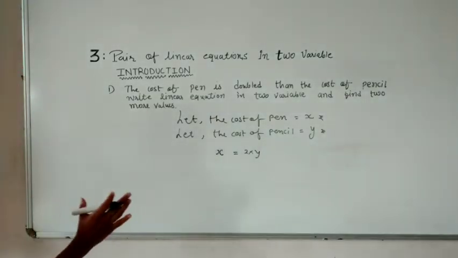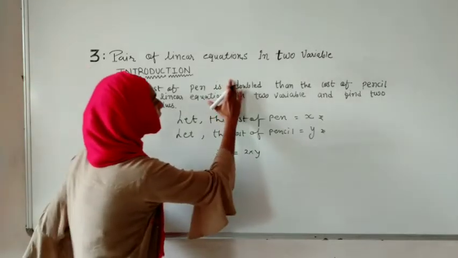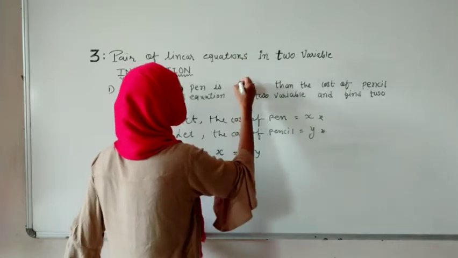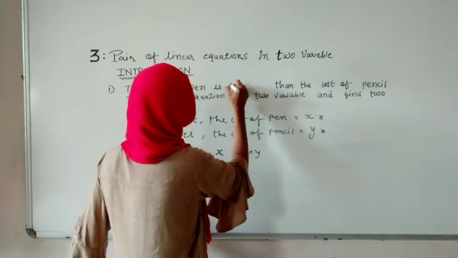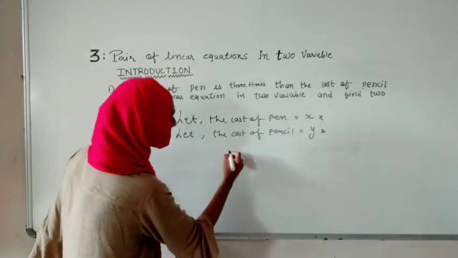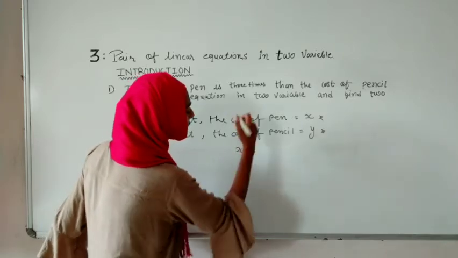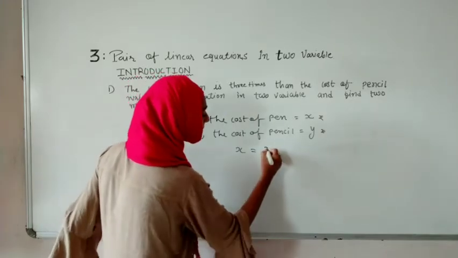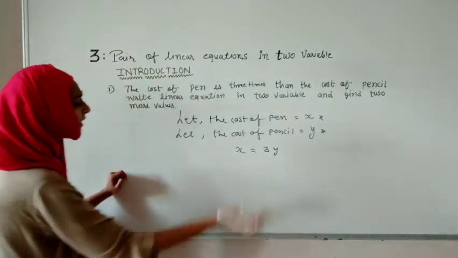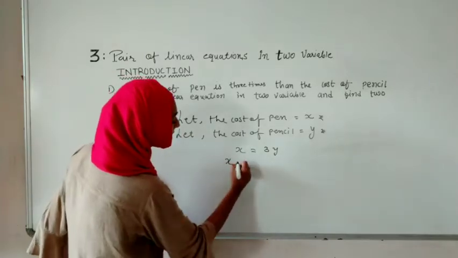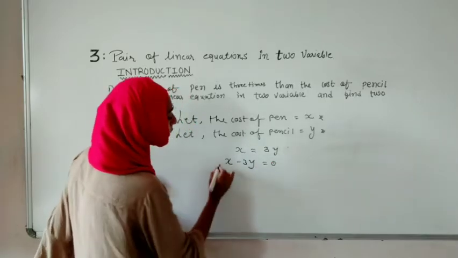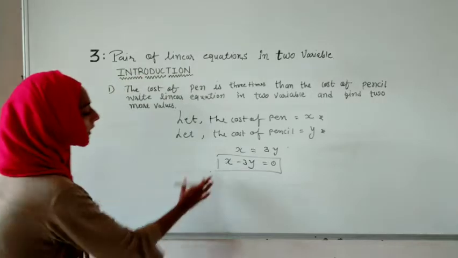So this is the most important concept of this, that if they have given this one as thrice or 3 times, so what we will do, this is already in 3 times, so x is in 3 times, so we are not multiplying 3 on this side, but we will multiply that 3 on the other side, then only these both will be equal. Then we will take it out in the general form, meaning x minus 3y. Here the constant term is not there, so it is in the form of 0. So this is our linear equation, whatever they have asked.